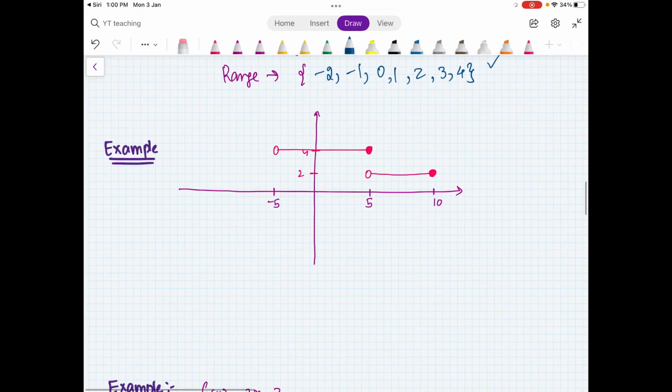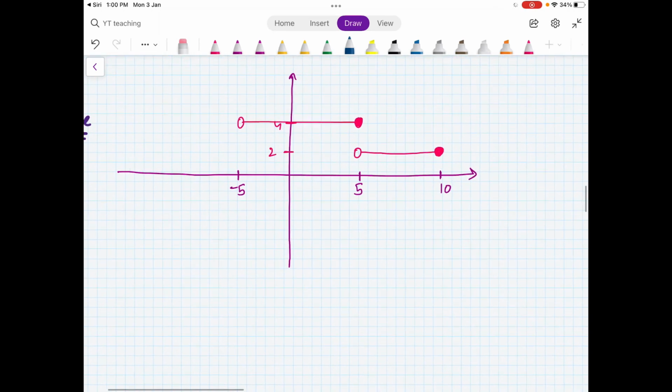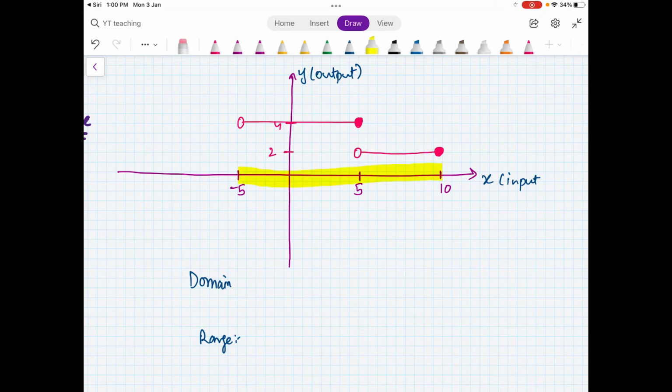Okay, so I want you to try this one. Can you see what is your domain here and what is your range here? I want you to tell me. Just take 2 minutes maybe, or you can pause the video and see what are the possible inputs and outputs. Okay, so now you see here, this is my x-axis, this is my input, and this is my y-axis, and this is my output. So here you see your graph is going from here till here. Okay, everywhere. Not like the last graph, we had discrete points there.